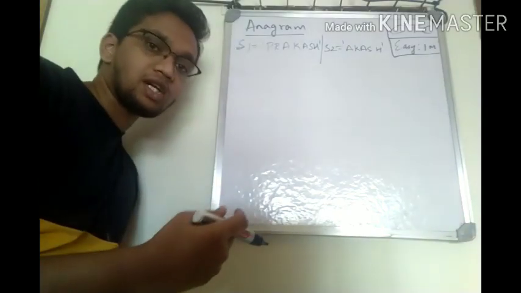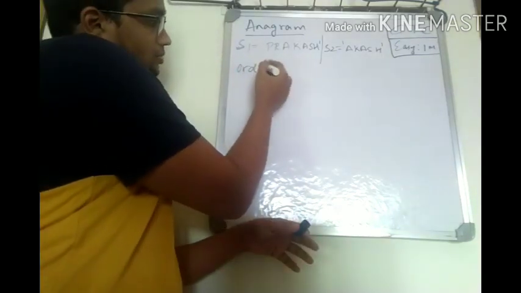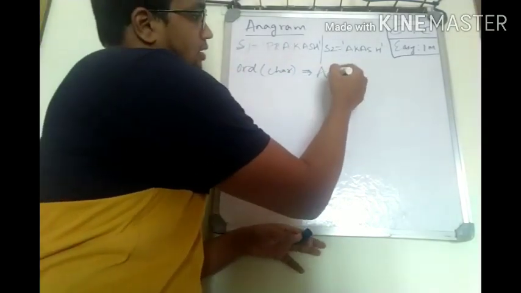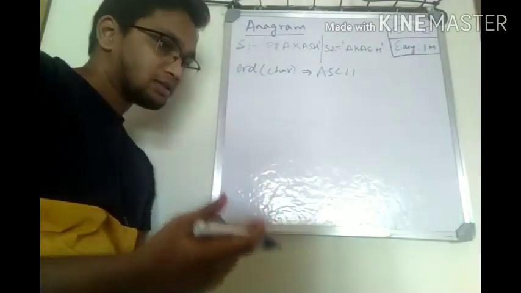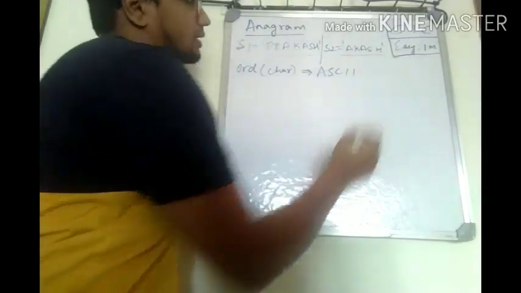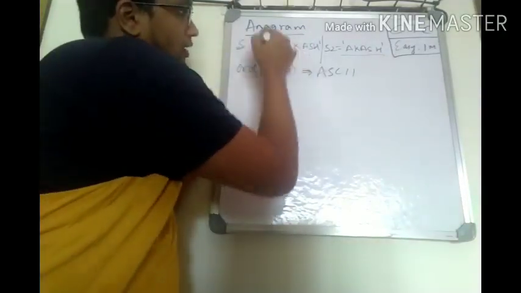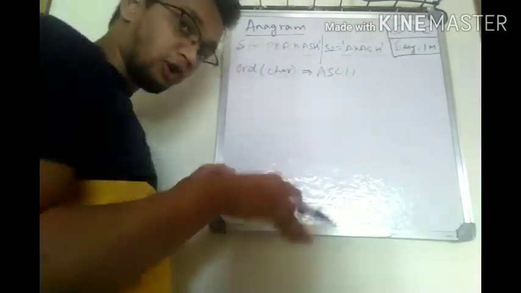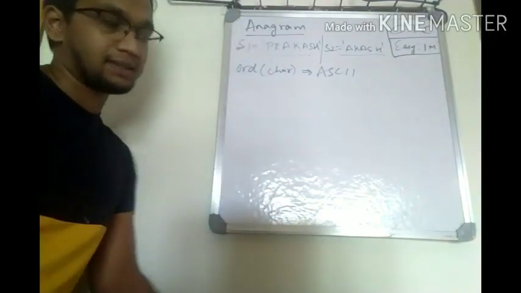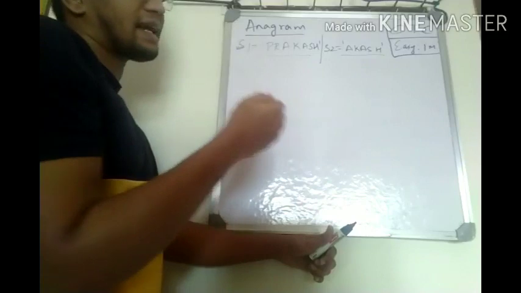Okay, now coming back to the more efficient approach of dealing with this question. You know about ord, right? Ord of a character in Python gives the ASCII value of the character. Here we have a better case of doing it because all of these characters are uppercase. If all these characters are uppercase, these other characters are also uppercase. So there's no need of calculating the ord of lowercase alphabets. So what can we get from that?